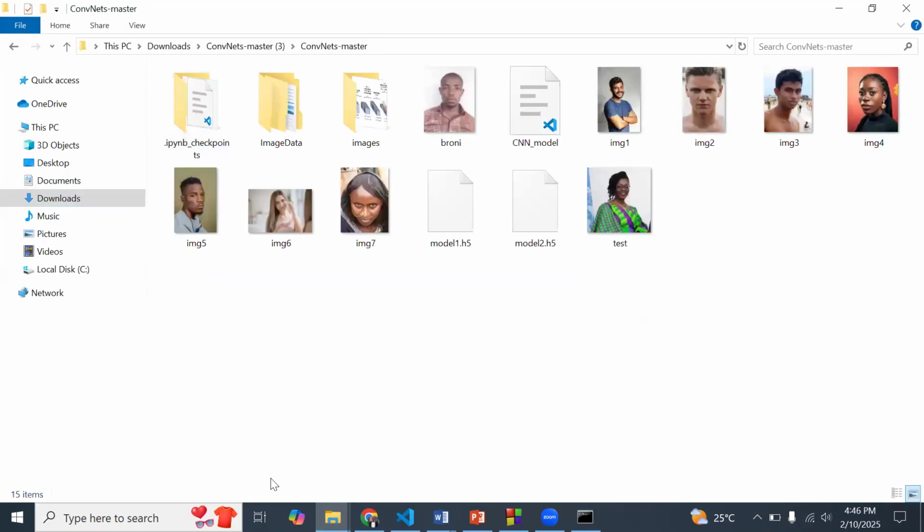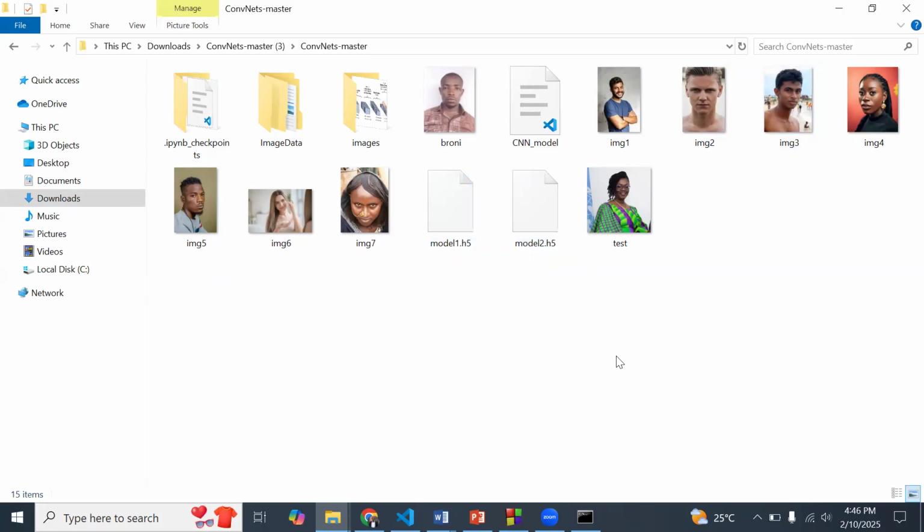So like I was saying, the gender classification model is built, and we have it saved as model 1.h5 and then model 2.h5. You would also bear with me that we had some challenges, especially with performance, when we were testing with some of the images and getting some funny results.